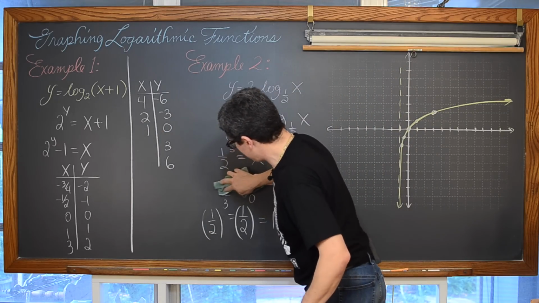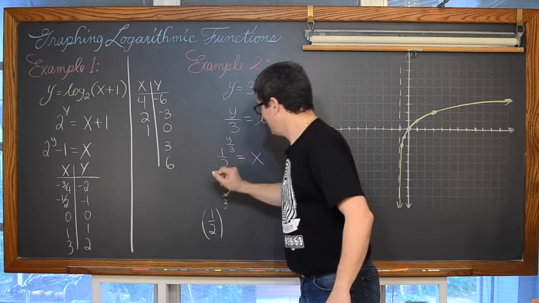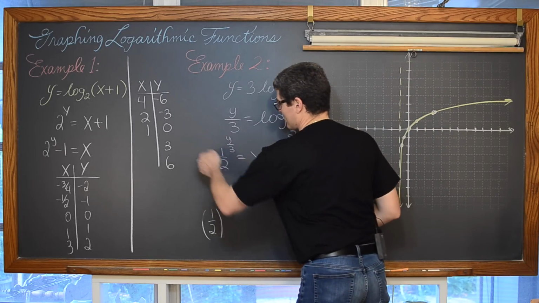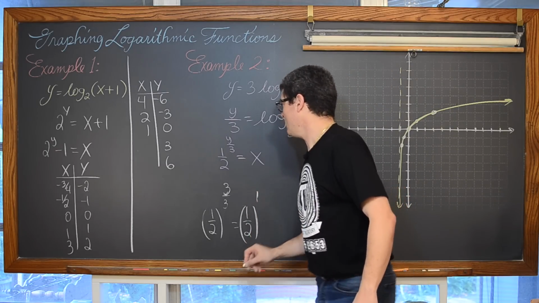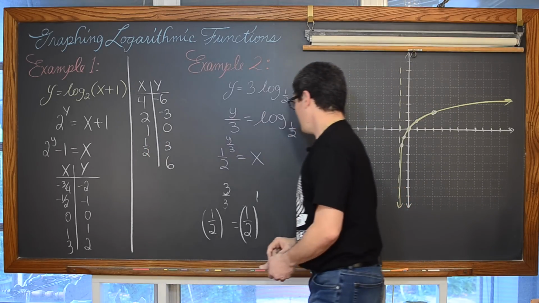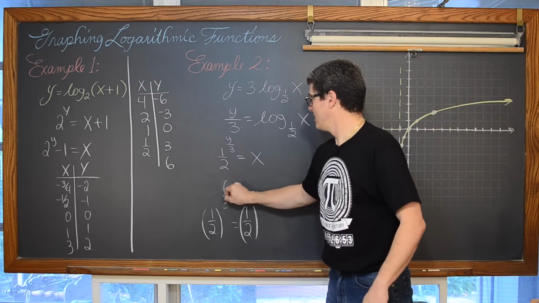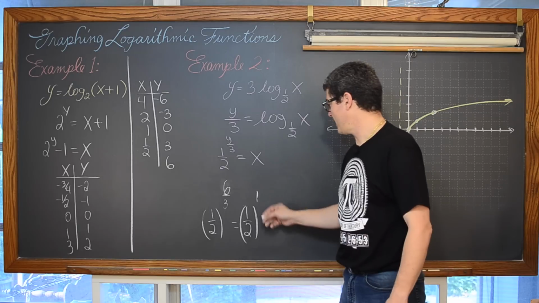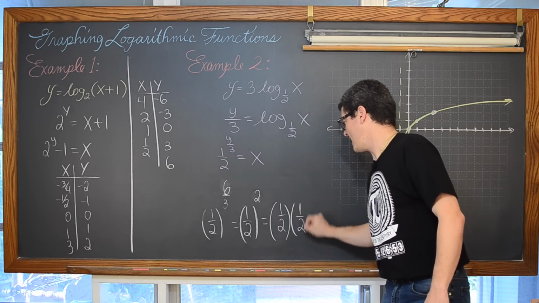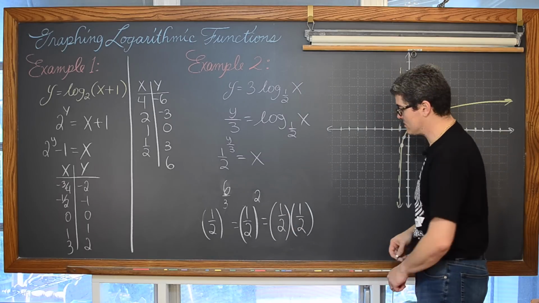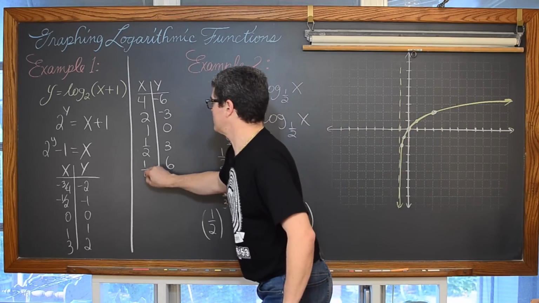So now we're going to let y equal 3. Look at that, I already got the bottom of the 3 in there. 3 divided by 3 is equal to 1. And we have 1/2 to the 1 power, which of course is 1/2. And when we let y equal 6, we're going to have 6 divided by 3, which is 2. And 1/2 squared is 1/2 times 1/2. I don't know if you really need to see that expanded, but in case you do, 1 times 1 is 1. And 2 times 2 is equal to 4.